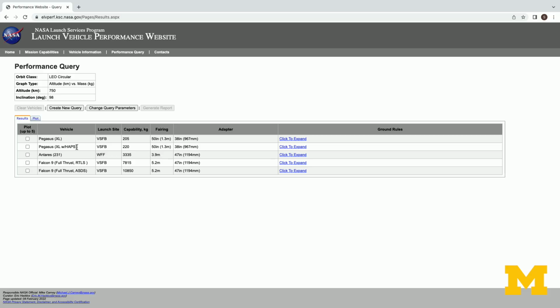If you get this HAPS thing, which is basically like a little third stage, now you can take a total of 220 kilograms. So it lets you take 15 whole more kilograms. And then the Antares would allow you to take 3,335 kilograms, and a Falcon 9, basically, if you want to allow them to reuse the first stage, you can only take